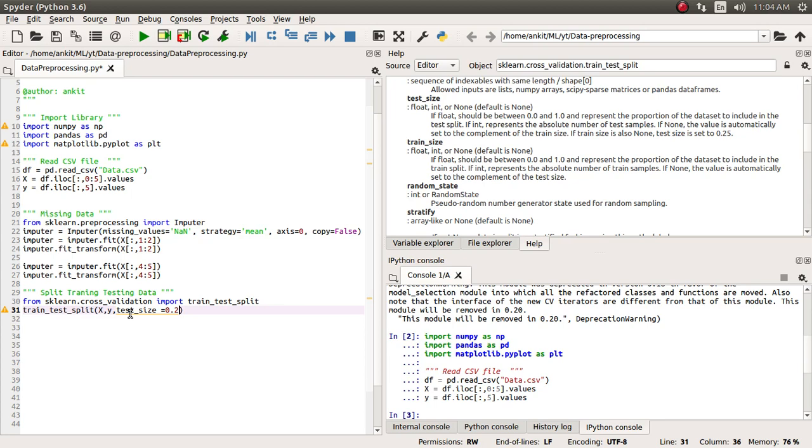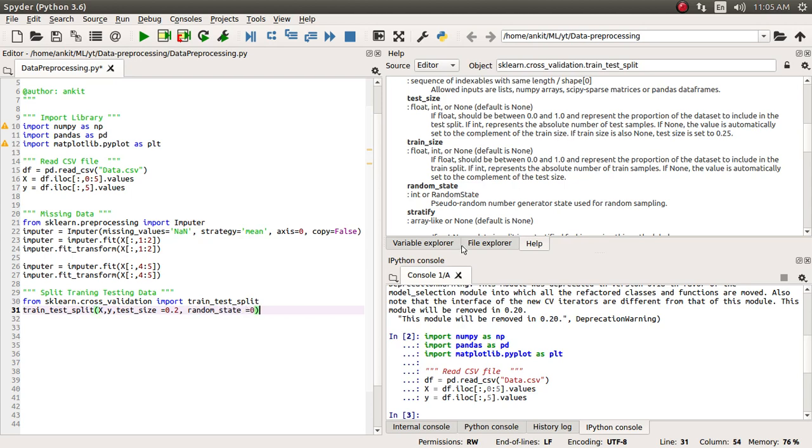So out of 100% of records, 20% of records will go to testing and 80% of records will go to the training stage. Once you supply the test size, you don't need to supply the train size. And there is one more thing, random state. Based on this random state number, it will create some pseudo random numbers, and based on those numbers it will shuffle the data and split it. So we can give any number. I am just going to give random_state equal to 0.